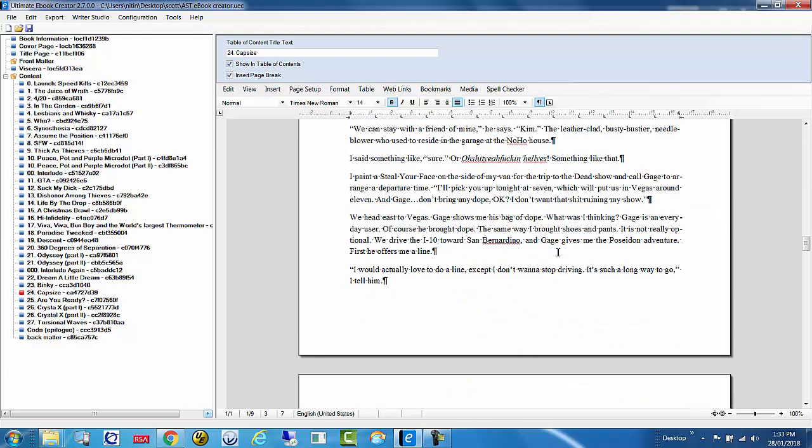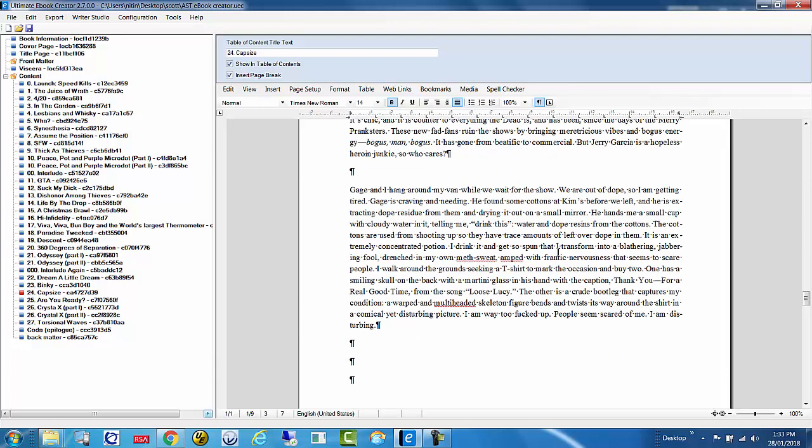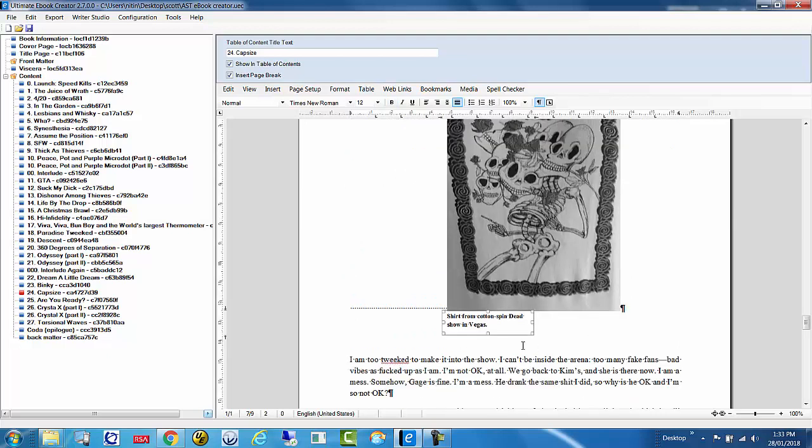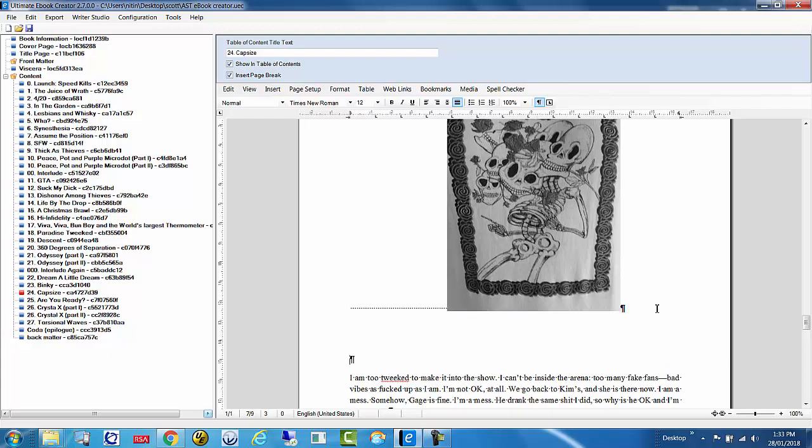Excuse me, and we'll take a look. I think this is the image here. So here's another problem, right? Here is a text frame. We don't want text frames. We'll Control C here, and then we're just going to delete this out, and here we're going to go Control